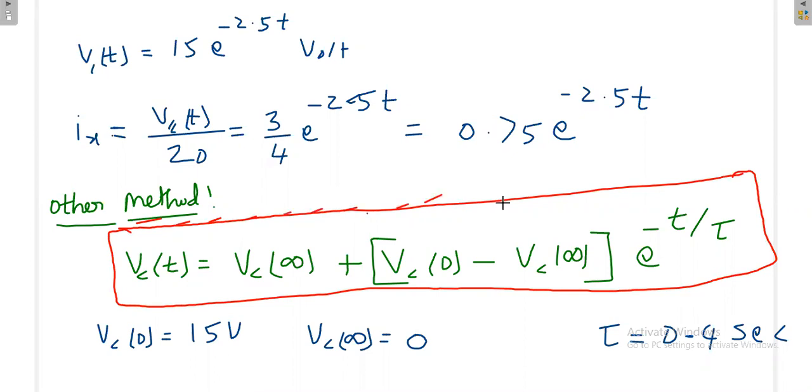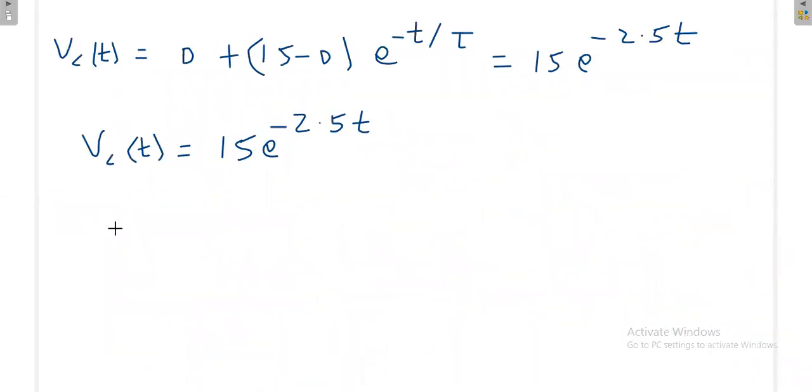Okay, this is the formula. It will be most useful in competitive examinations. Most of the problems, 99% of the problems given in competitive exams, can be solved with the help of this equation. Okay, so next we'll try to find out the current for some other circuit.